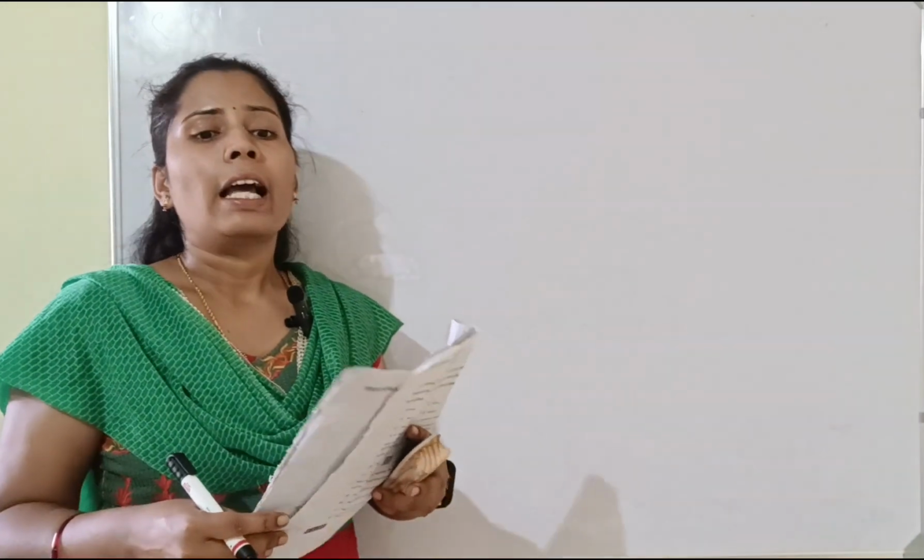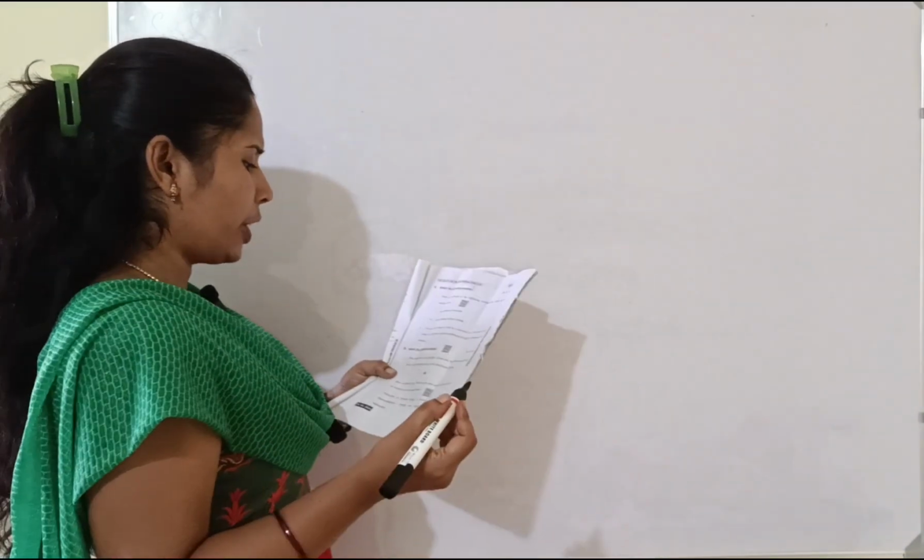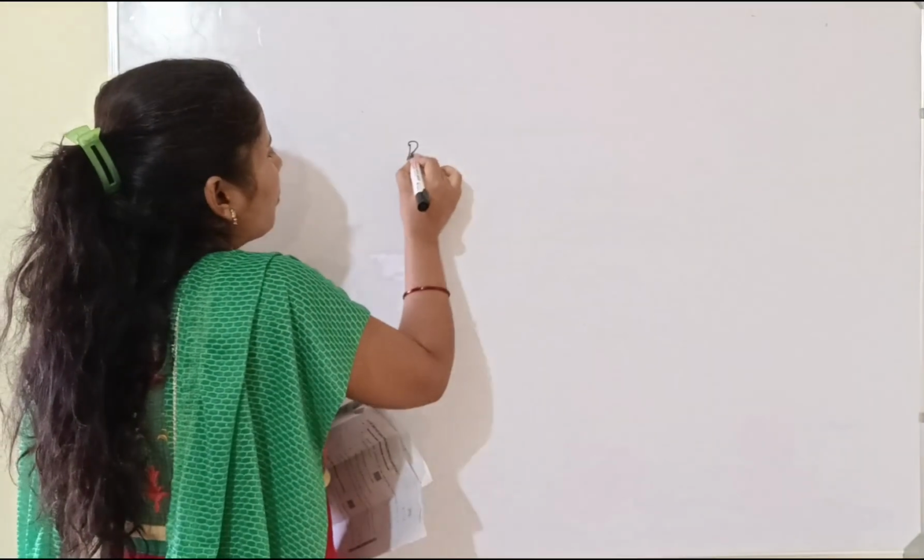So next question, third mark, sixth question: What is the spectrum of white light? Name any two phenomena that occur in the atmosphere due to refraction of light. So what is the spectrum of light? A band of 7 colors is called the spectrum of light. So name any two phenomena that occur in the atmosphere due to refraction of light, it may be rainbow,